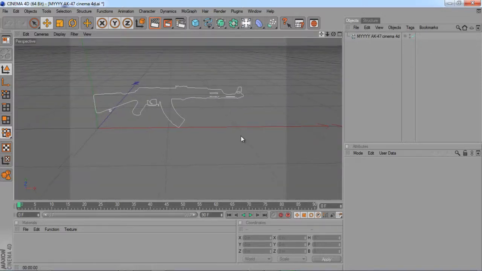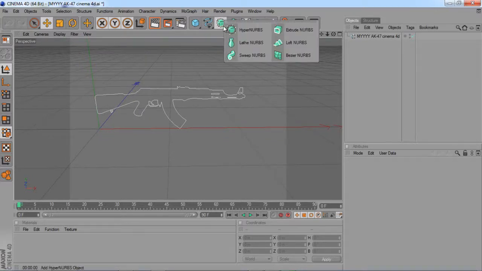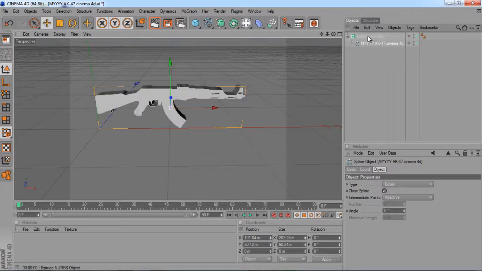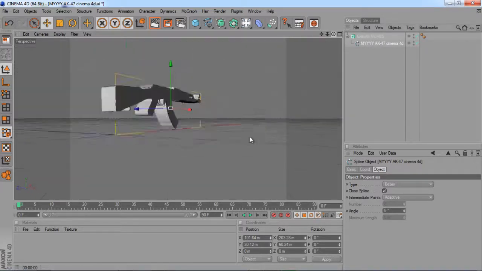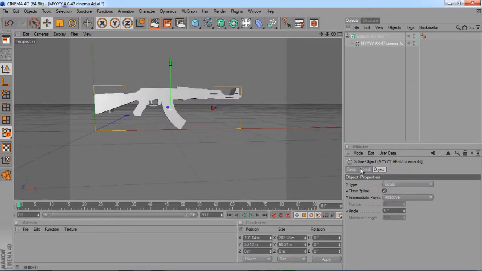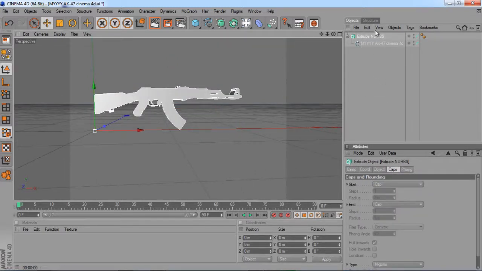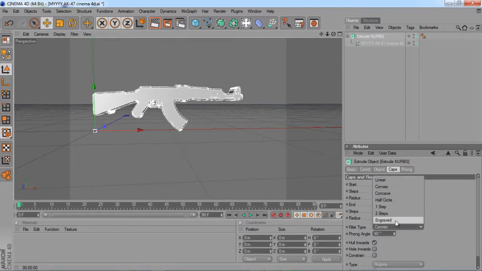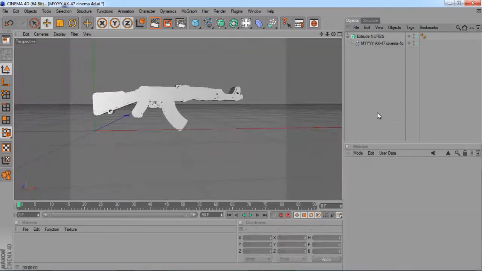So what you do is go to this cube holding a sphere and go to Extrude NURBS. Drag your vector into the Extrude NURBS, and then you get this nice 3D gun. Let's bring in a cap by going to Caps on your Extrude NURBS. Fillet cap start, fillet cap end, 2 on each because 5 is a little big, almost as big as the gun. One step. And that pretty much gives you a 3D gun,